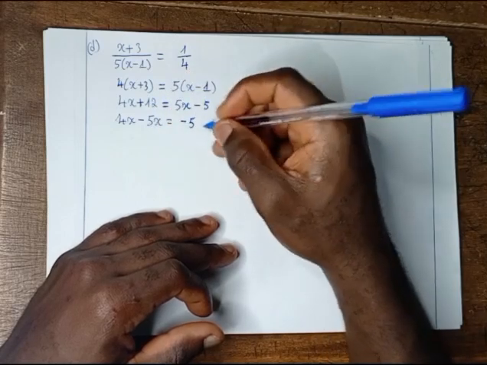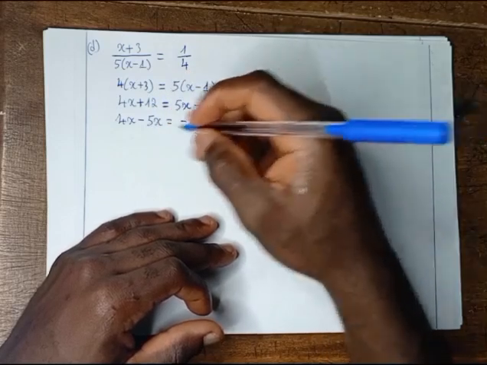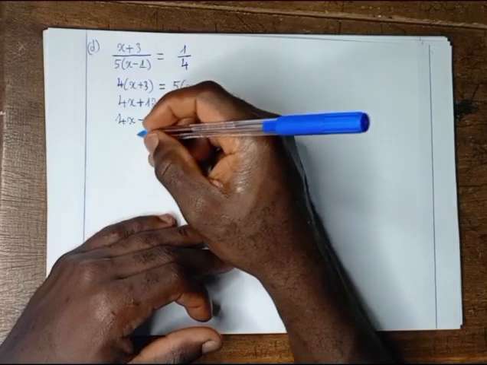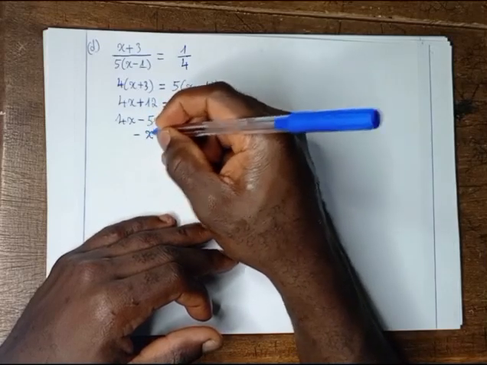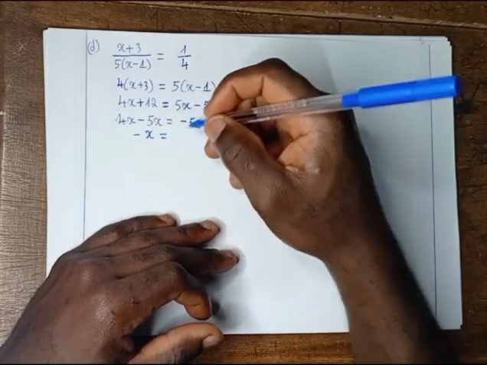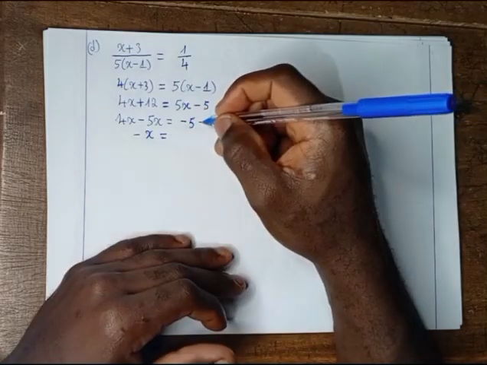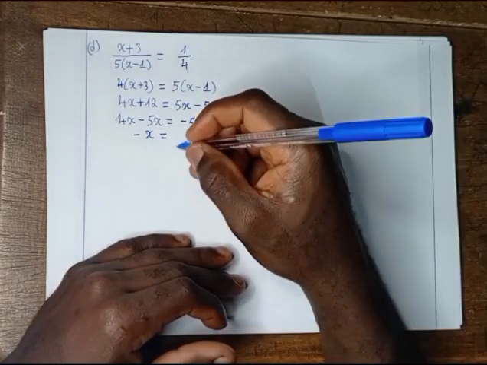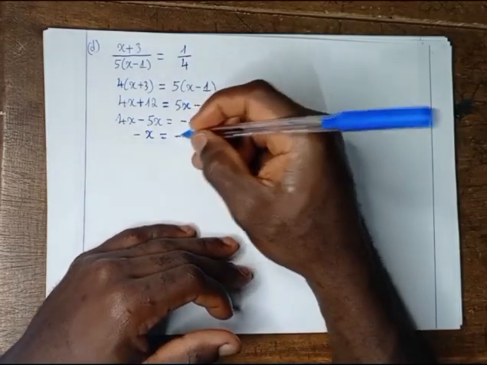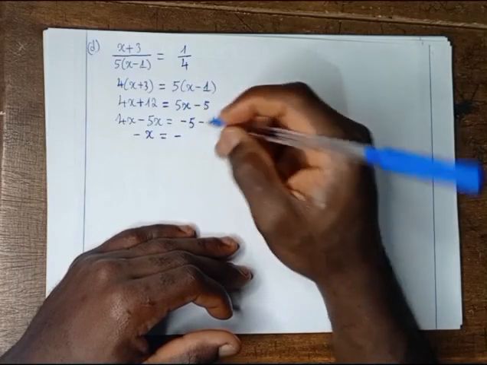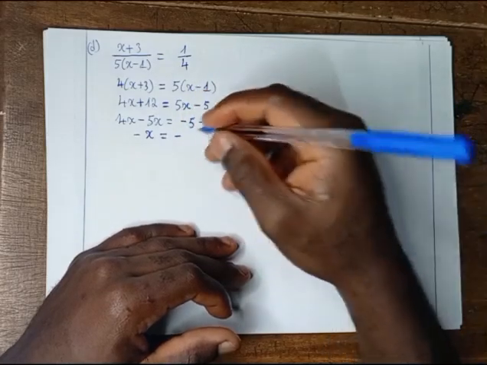When 12 crosses the equality sign, it becomes negative. 4x minus 5x is equal to negative x. Negative x will be equal to negative 5 minus 12, which is simply equal to negative, keep the negative sign, then we add the two numbers. 5 plus 12 is